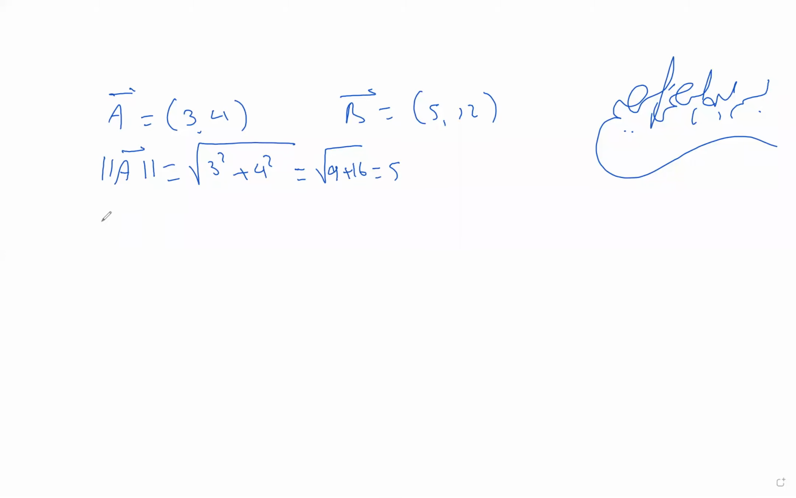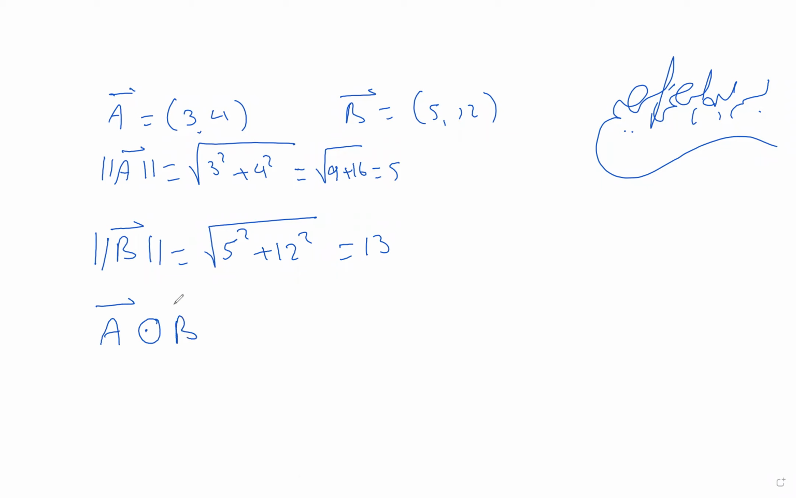The length of vector B, which is norm B, equals the square root of the sum of the squares of the components, which is 5 squared plus 12 squared, equal to 13. We also said that the scalar product A dot B equals (3, 4)